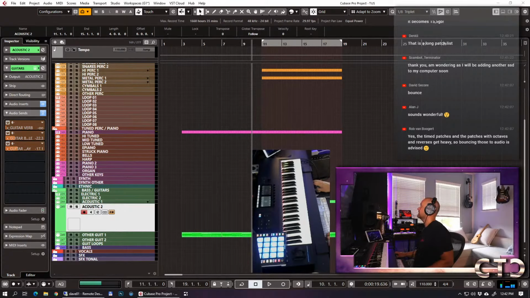But I think I still have some room left for improvements on what I can do to bring down the strain on my system a little bit. No, actually I don't have. So it's really these Kontakt libraries that